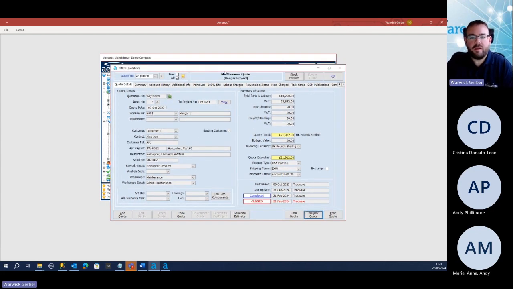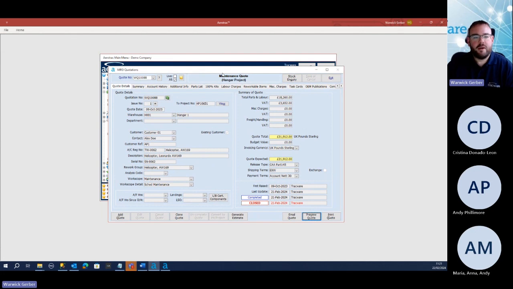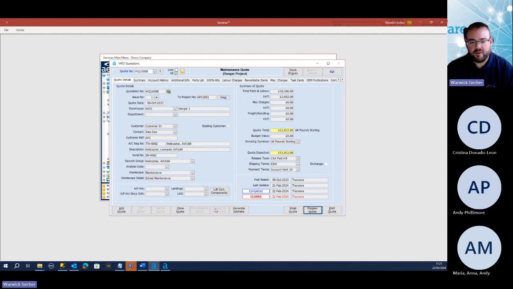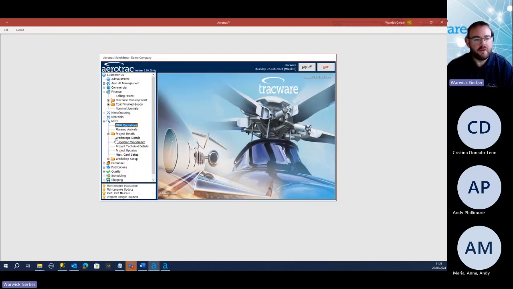So now that we've sent that through to the customer, and they say, thank you very much, we'd like to carry out the work, we can then go on and generate a project. Because I've already completed this, there's a button down here, if you can see it, that says convert to planned arrival project. We can just click on that and it will automatically pull through all the information. So if we have a look at that project now, which we've set up,